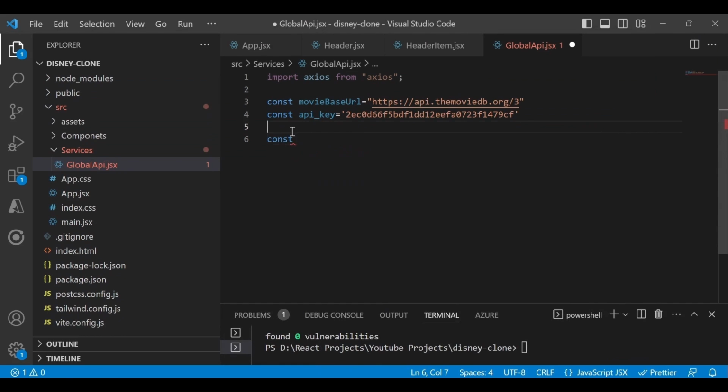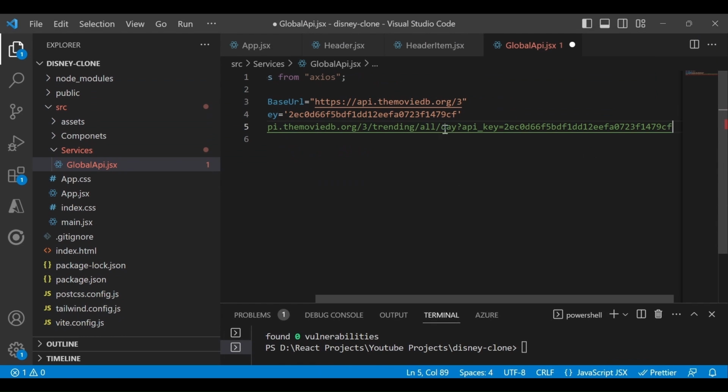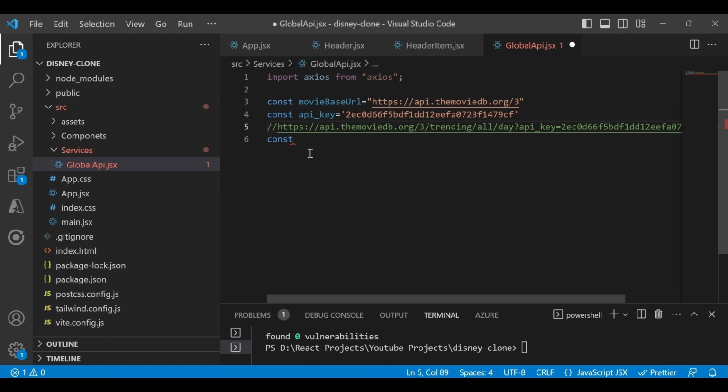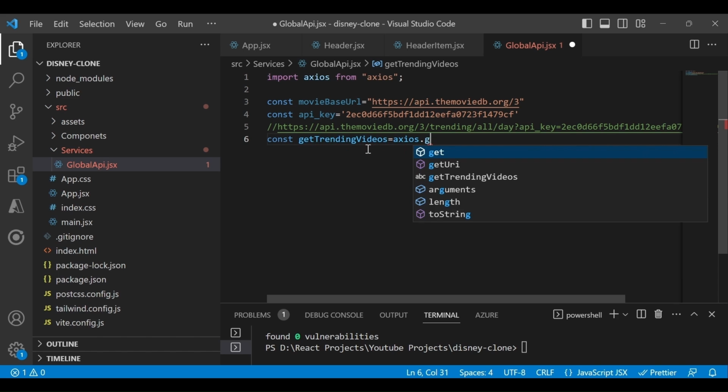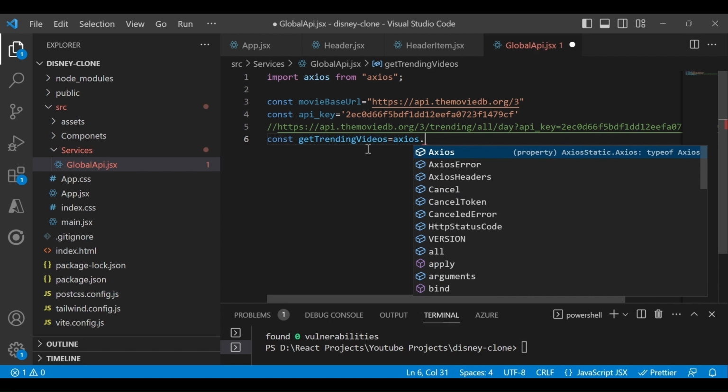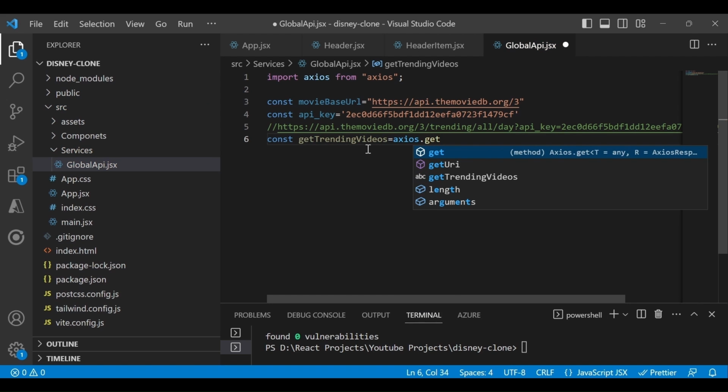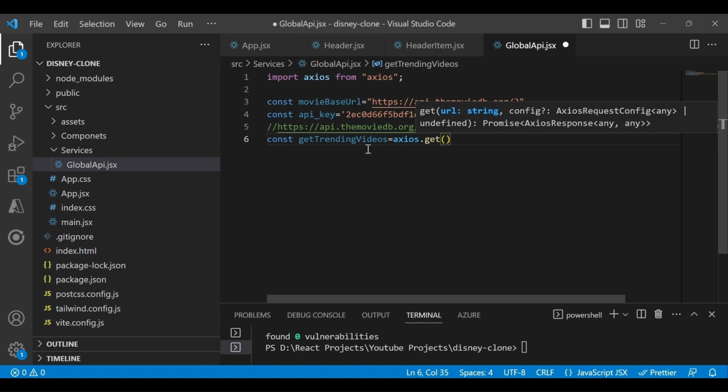copy this one, I will paste it for now for reference purposes like this. And we want the trending videos, so getTrendingVideos, which is equal to axios dot. So Axios, which we already defined, provides various CRUD operations like get, post, delete, update, like that. Right now we are fetching data, so we will use axios.get, and here we will pass the base URL first.